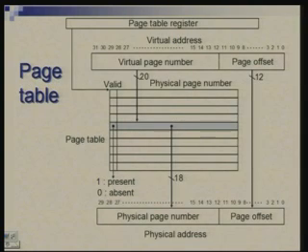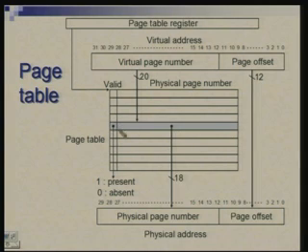This is the mechanism using a page table. So, page table is basically a lookup table where you keep one entry for every virtual page. So, given the virtual page number, you look at the appropriate entry here, and this will tell you where this page is located in the physical memory, or effectively it will give you the physical page number, right.